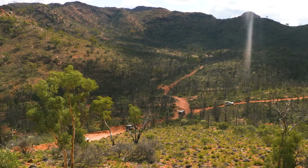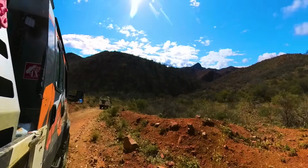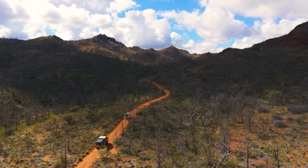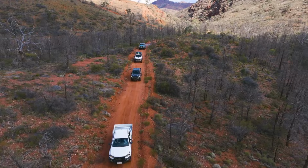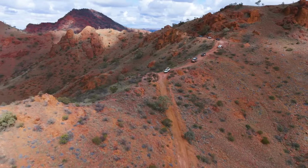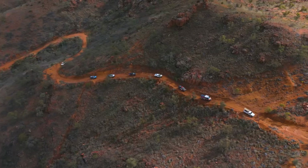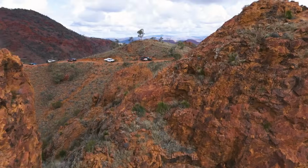Pretty diverse landscape. The scenery speaks for itself. We kept on thinking, this just can't get any better than this, can it, surely? But you won't believe what we found next. We were driving along a spine. The whole valley around you. You go off the trail, your car will just bye-bye. And then you're just winding yourself up and down over the ridges, and every time you come around a corner...